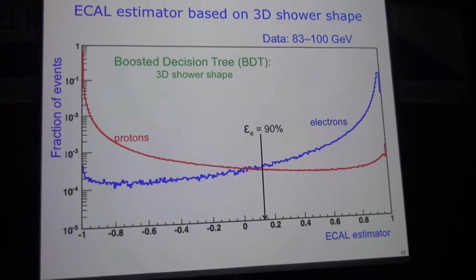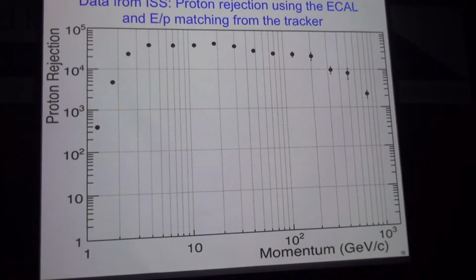If we maintain a 90% electron efficiency, we get a proton rejection factor of basically above 10 to the 4th throughout the measurement range. So these are the critical parts of our detectors that help us to measure the positron and electron